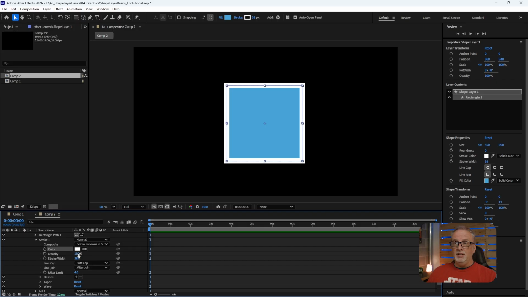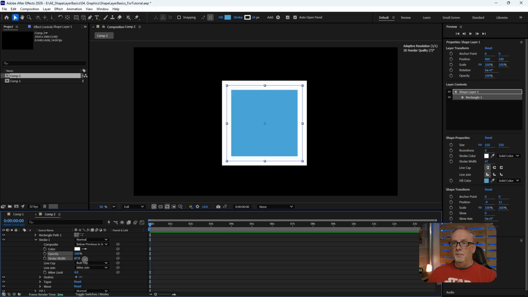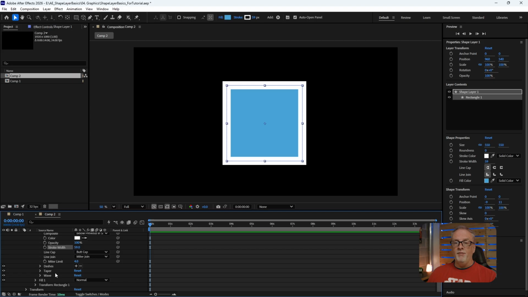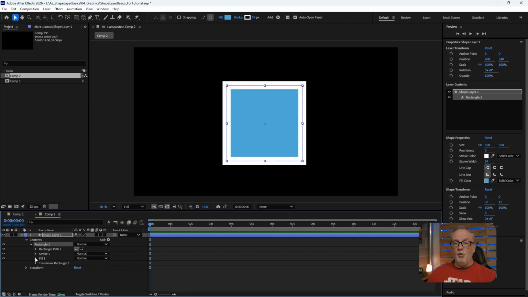So you have the ability to adjust the opacity of the stroke separate from the fill, and vice versa. And then the stroke width right there. Some properties that are very useful are dashes, taper, and wave. I'll come back to those in just a few minutes. I'm going to close up the stroke now, and we'll open up the fill. This is very similar to the stroke. You have the color there and the opacity. I'm going to close up the fill, and now I'm going to take a few minutes here to explain transform